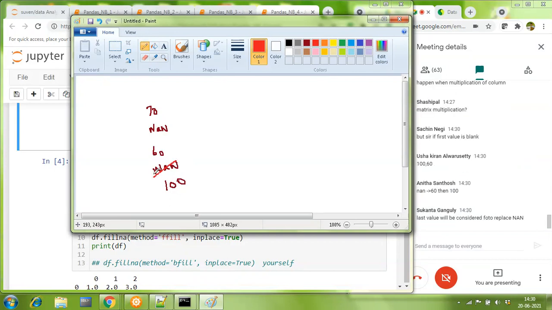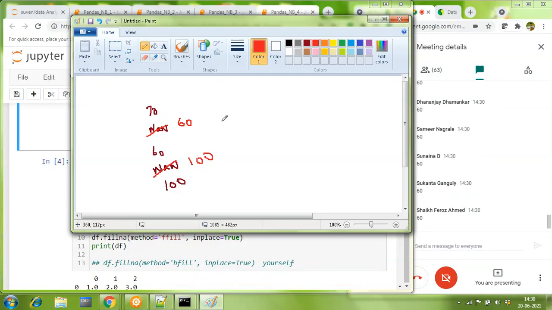The first value, this NaN which I've cancelled, what is this going to get replaced with? 100. That's right. What about this NaN? What will this get replaced with? 60. That's right. Absolutely. So whatever, I repeat, whatever not NaN values you have, that will replace the NaN values.